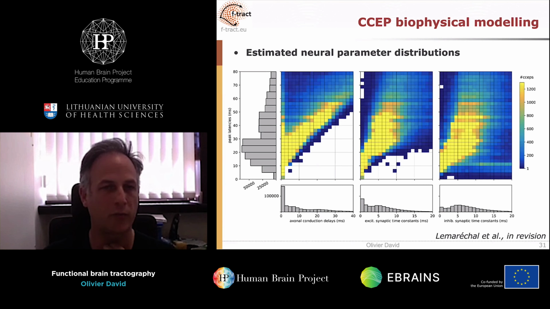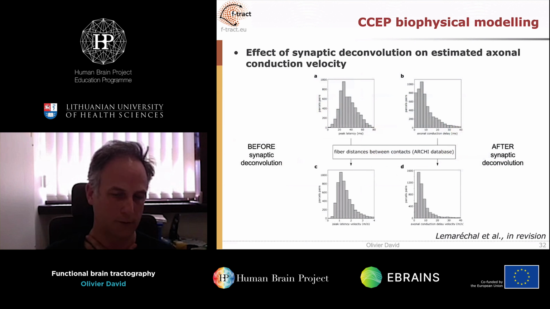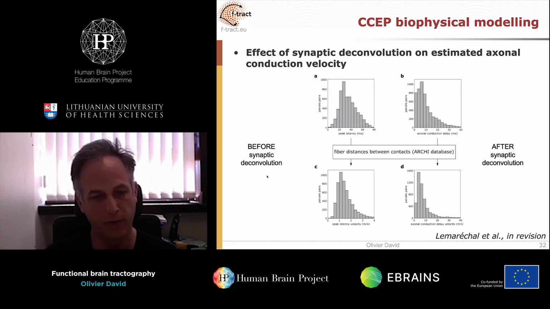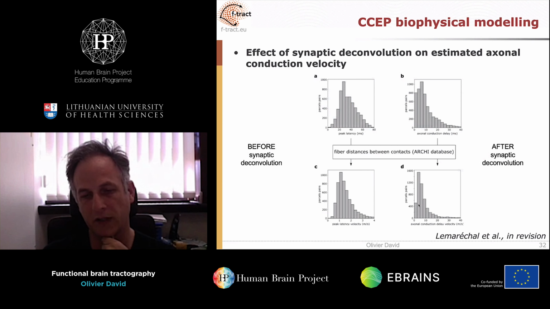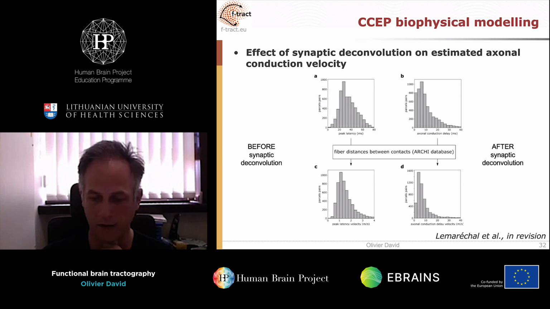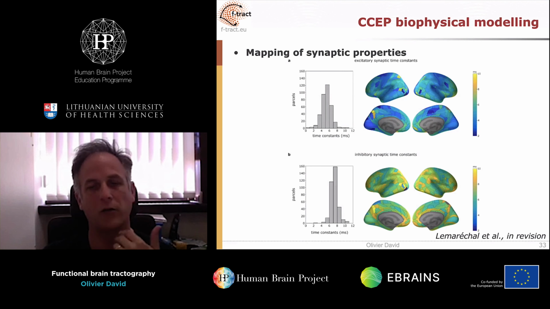So we can estimate those parameters in all the data of the database. And in fact, the output of these methods is that instead of estimating a mean velocity of 1 meter per second from raw SEEG signals, we now estimate a velocity of 6 meters per second. So we have a better estimation of the velocity in the brain with this kind of modeling. And on top of that, we also have an estimation of the inhibitory and excitatory properties of the cortical areas.